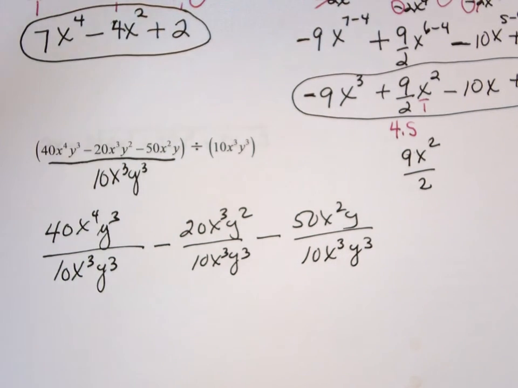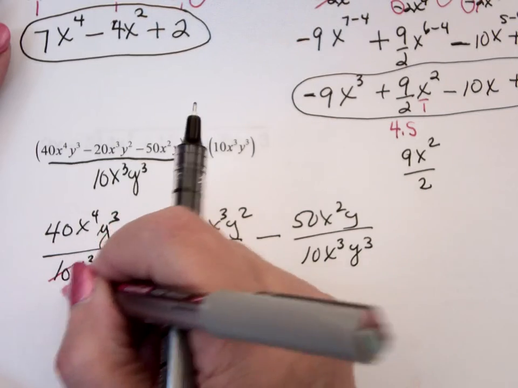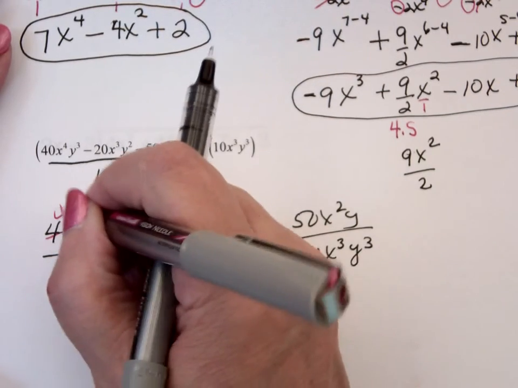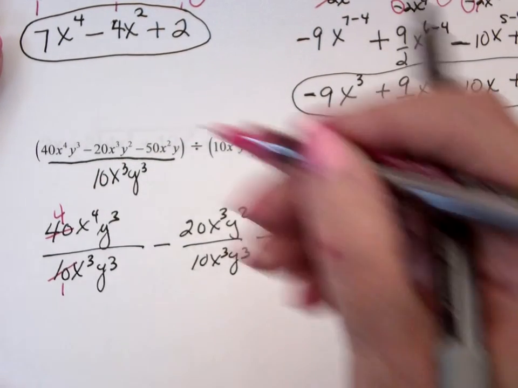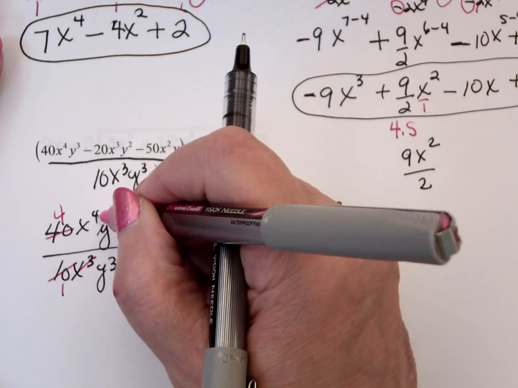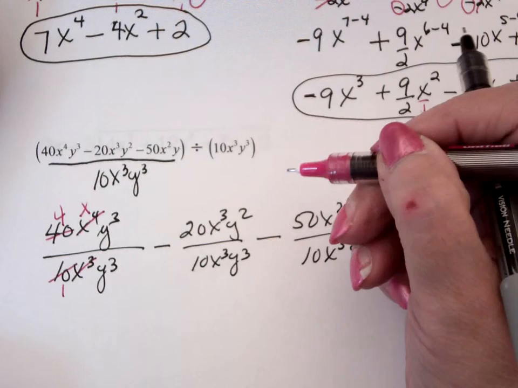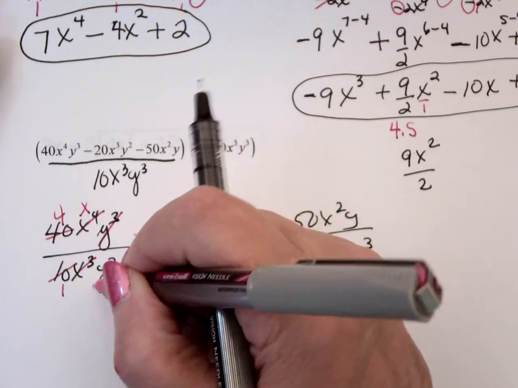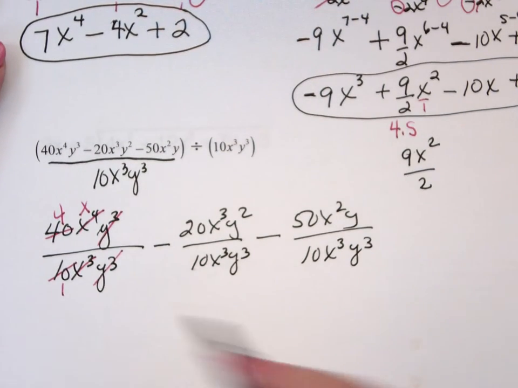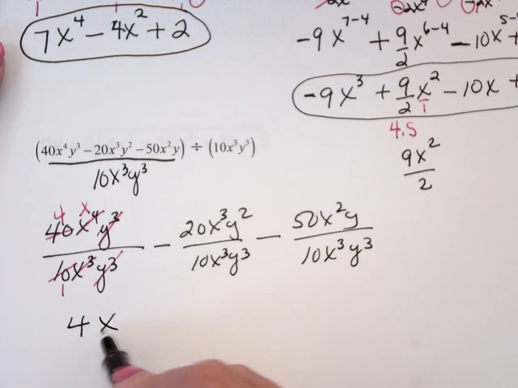Now you reduce things down. 10 divides 10 once, 40 4 times. X cubed takes out an x to the 4th, giving me just an x by itself. Y cubes take each other out. So the first term is just 4x minus